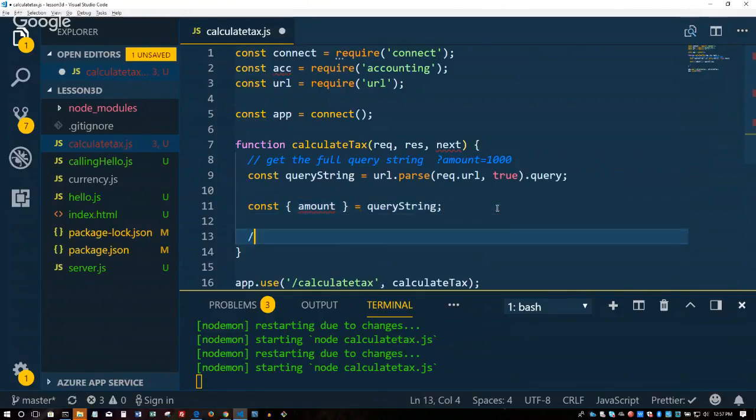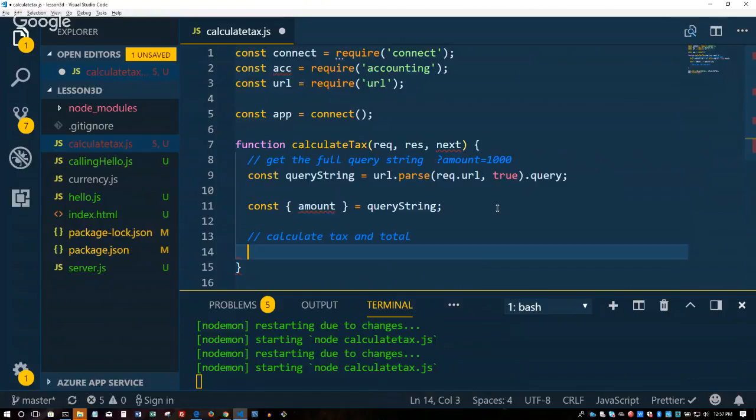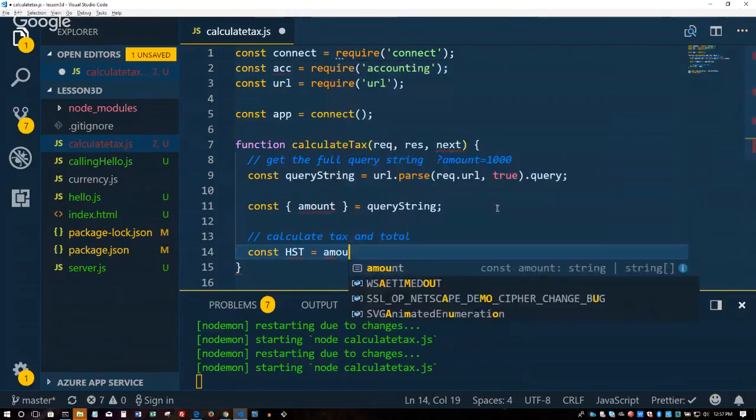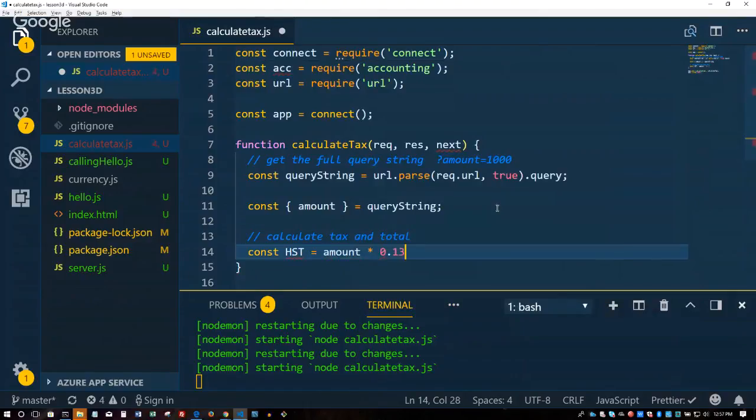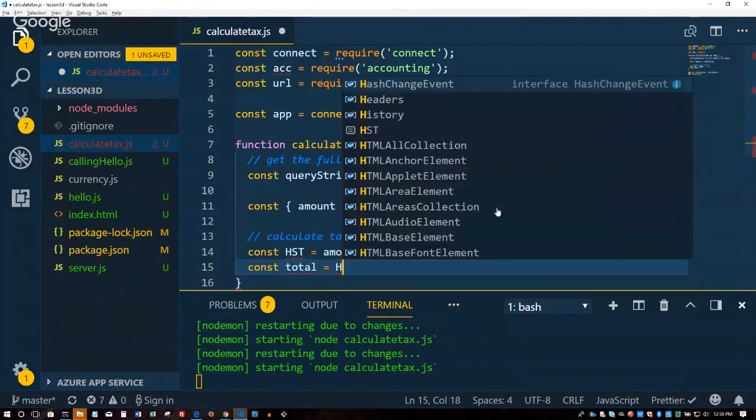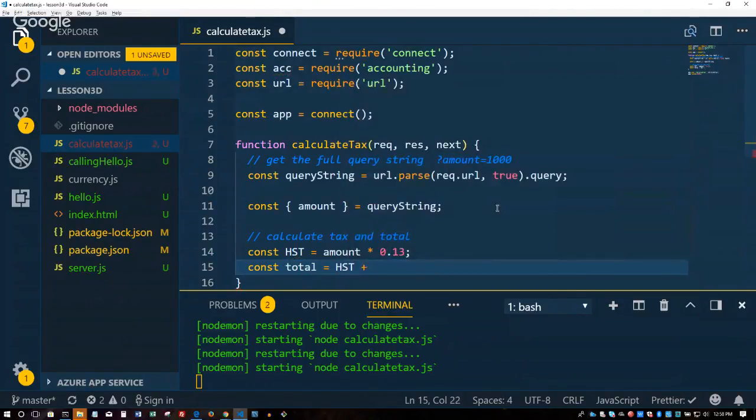Next thing is you want to calculate tax and total. So how do we do that? Let's say const HST equals, this is stuff you know. Const total equals now. There's something curious in JavaScript land.